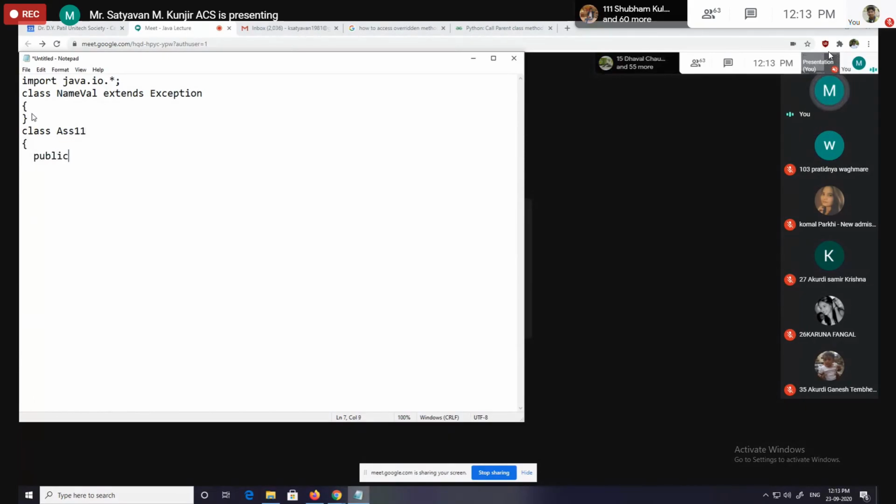And then main method, public static void main, then String args. And then we have to declare required variables. Suppose this is an application on string, so we need at least variables of type integer, one character variable, and flag also.